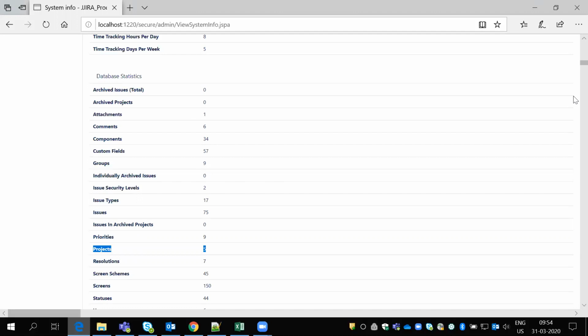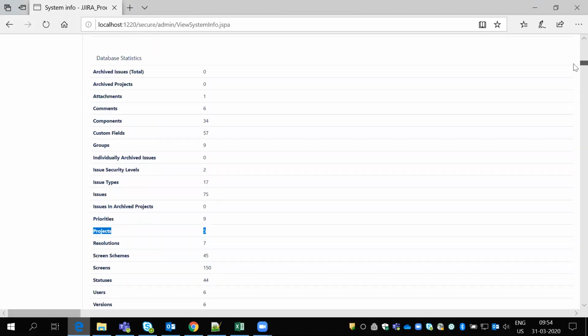The counts for projects, custom fields, resolutions, screens, field configurations and workflows all come from here. In 1220 I have only 5 projects.